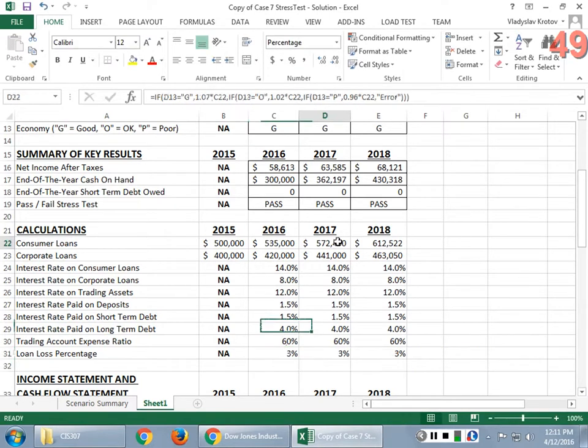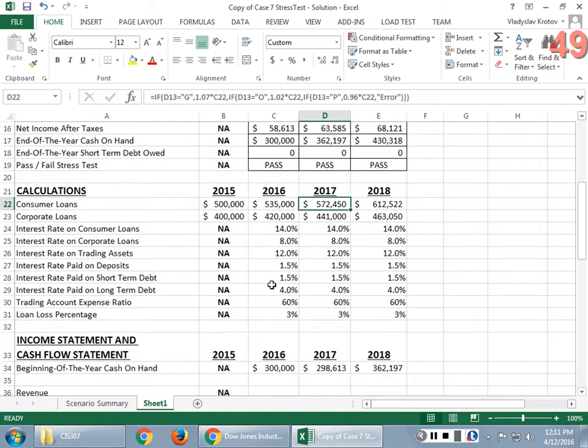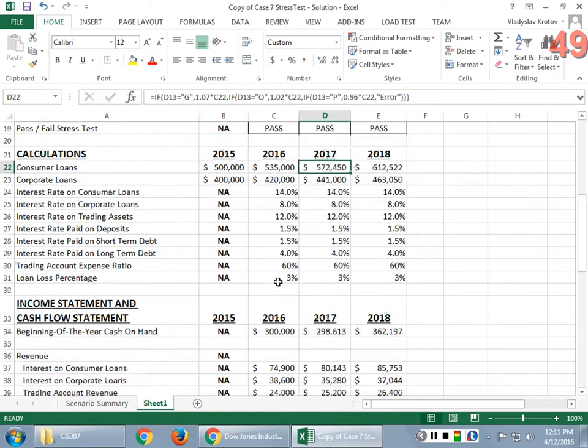Again, you repeat the same thing for 2017 and 2018. We are running out of time, so when we come back in the next part of this tutorial, we'll talk about constructing the income and cash flow statement based on those intermediary calculations. But for now, we're done with